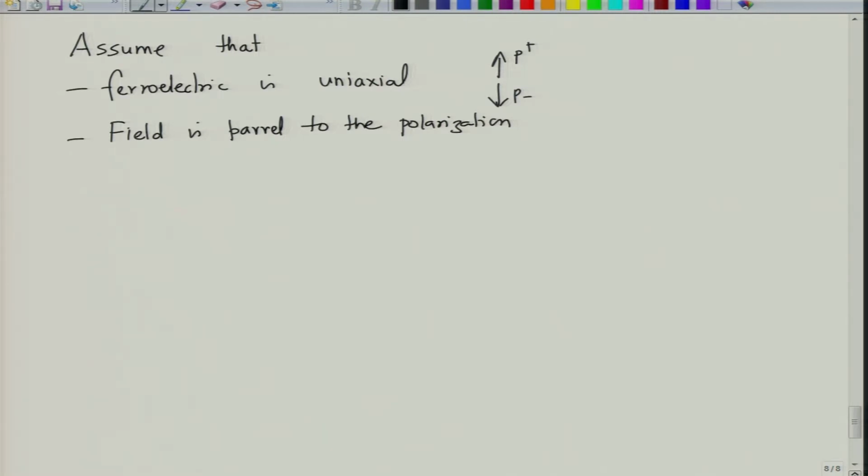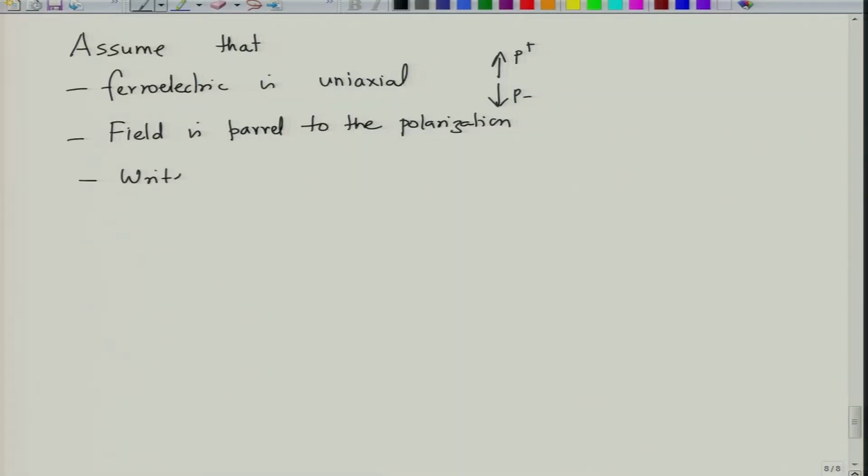So, basically we want to write an expression for the free energy of a crystal, and whenever we want to calculate the value of various independent variables, we need to minimize the free energy with respect to that variable, right. When you want to calculate something at equilibrium, then the free energy value must be minimum for that particular variable, just like we do for defect concentration or anything else.